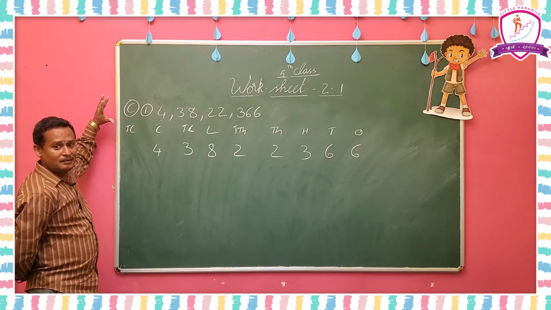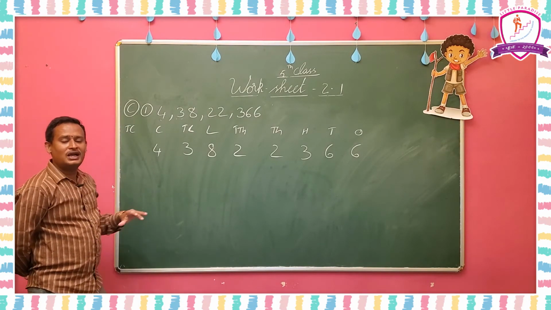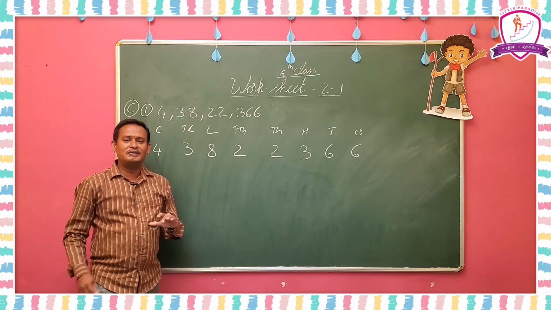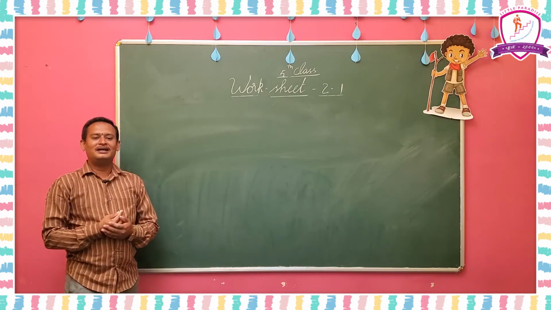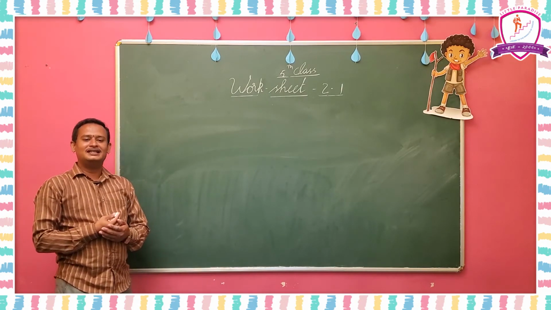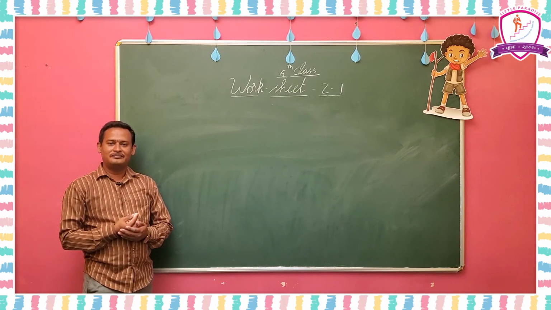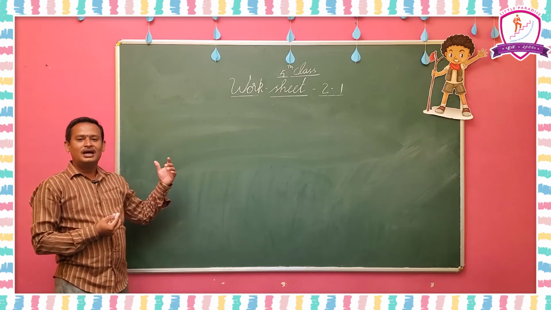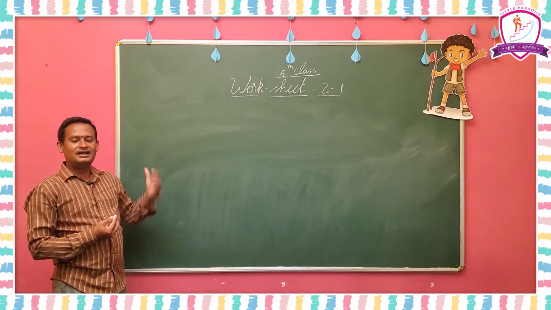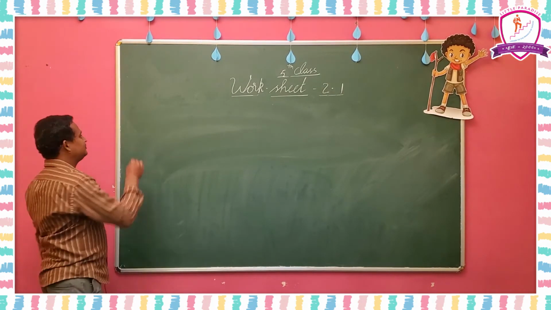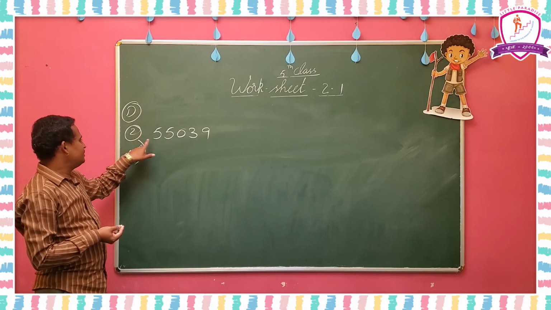So here I completed C Roman and now I am going to explain the D Roman. Observe the D Roman. Now look at the D Roman. Place the commas between the digits of each number according to the Indian place value system. So now I am going to explain the second one in the D Roman.